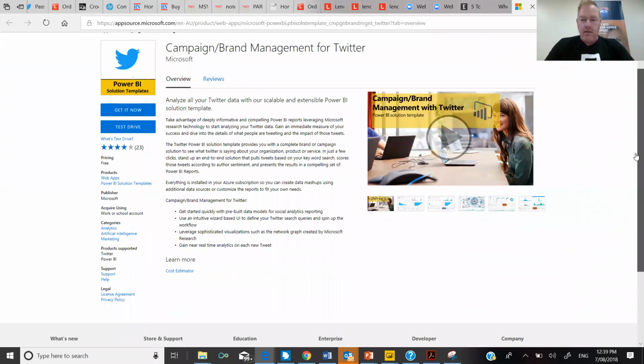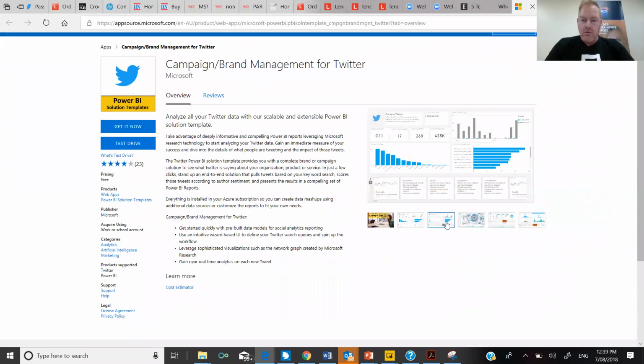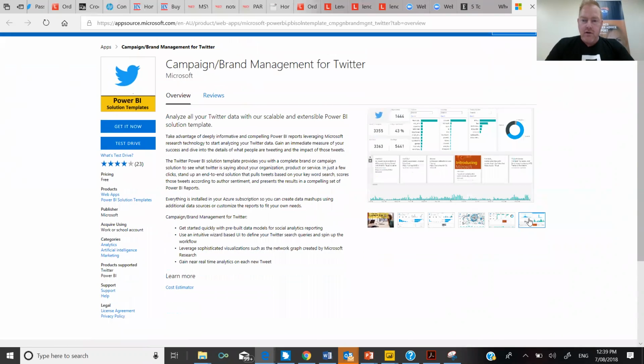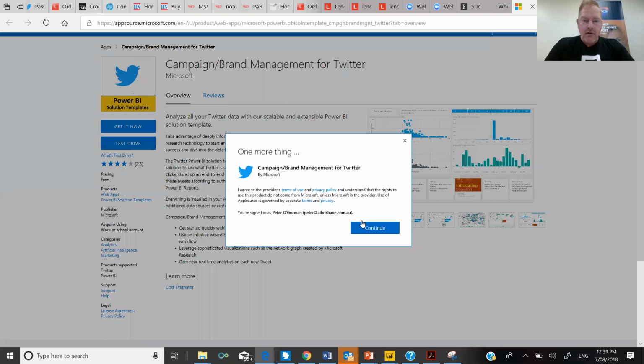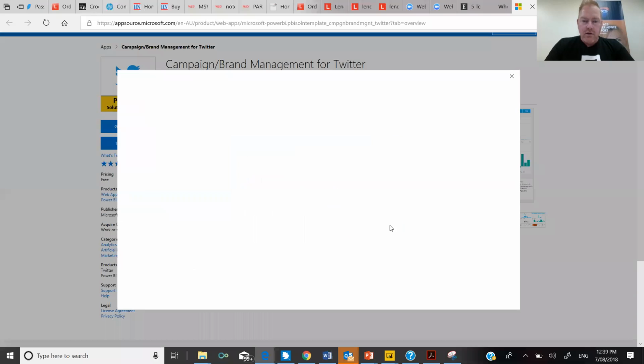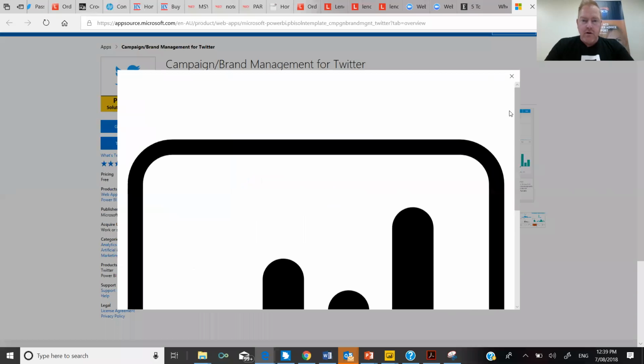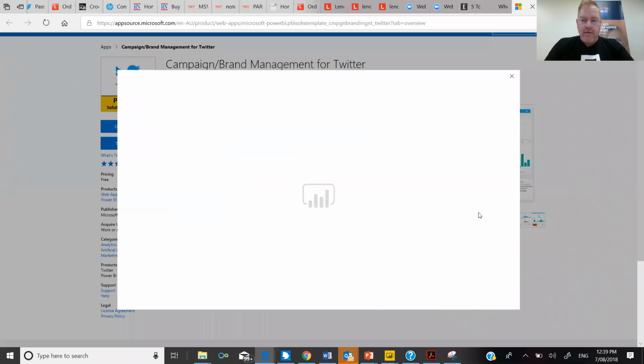And here's the same screenshots you would have just seen. So it gives you some preview of what you get. Now, if we click on Test Drive, it's going to ask you to log in, and it's going to give you a sample Twitter solution based on the Microsoft data. This is what you get.